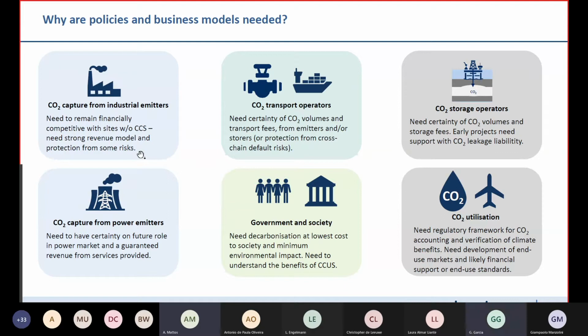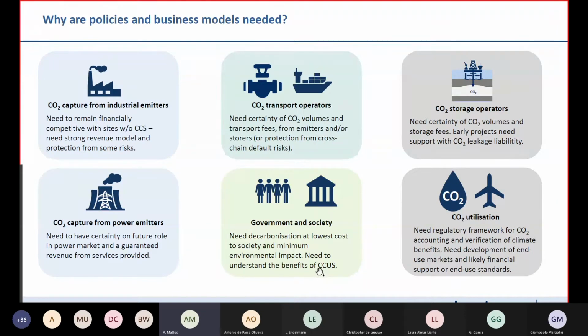So business models are needed to address that challenge and prevent carbon leakage. But the business model must also address other needs of the rest of the CCUS chain. A transport operator needs certainty of CO2 volumes and their transport fees to create a business case, and government and society need to ensure that we decarbonise at the lowest cost and minimise the cost as well as